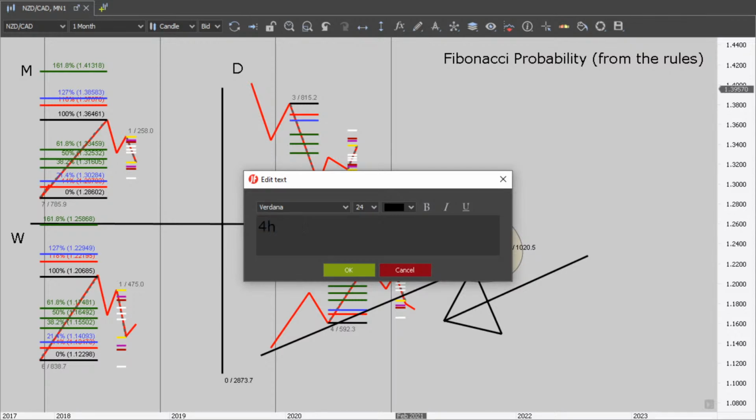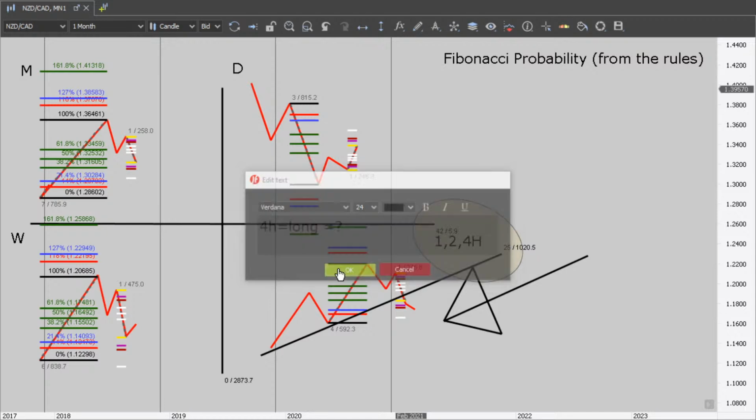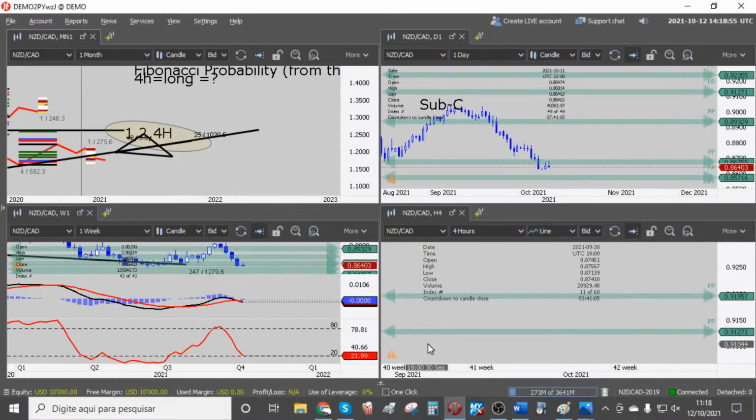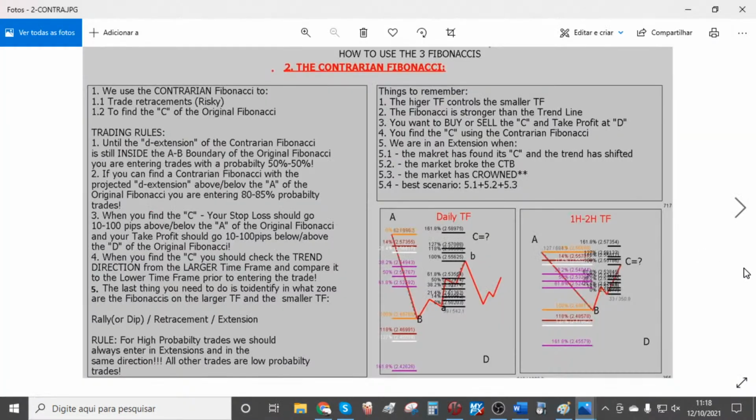So just addressing the 4 hour chart, everybody. Going long, okay. Is this probability 50% or 85? I don't know. Well, if you don't know, it's okay. It's okay if you don't know, everybody. But you need to learn the rules. Number 2, if you can find a contrarian Fibonacci with the projected extension above or below the A, in this case,